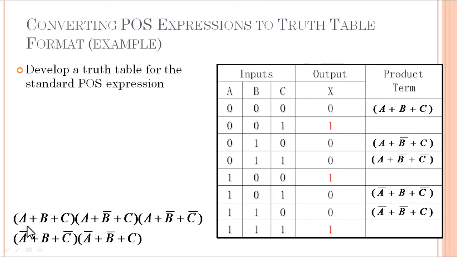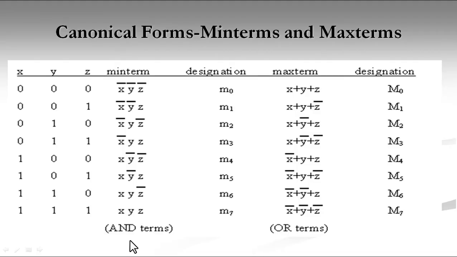So we'll get (A plus B plus C) multiplied by (A plus B bar plus C) multiplied by (A plus B bar plus C bar) multiplied by (A bar plus B plus C bar) multiplied by (A bar plus B bar plus C). This is the POS expression that is derived from the truth table. Now the canonical expression or canonical form, both we have studied by using SOP that consists of minterms,